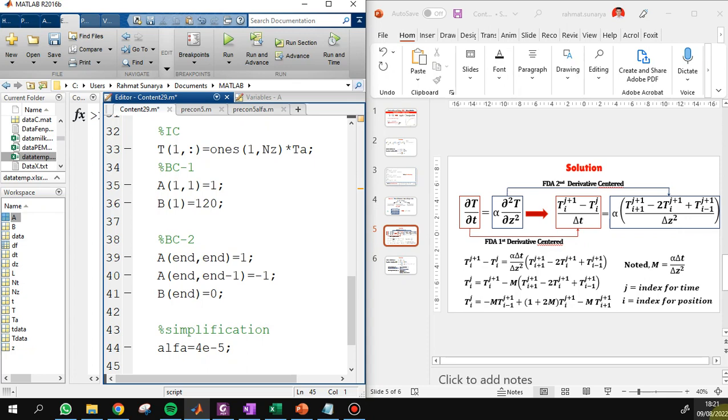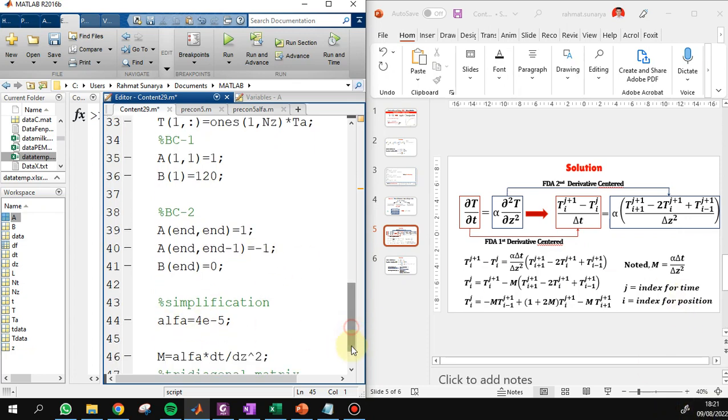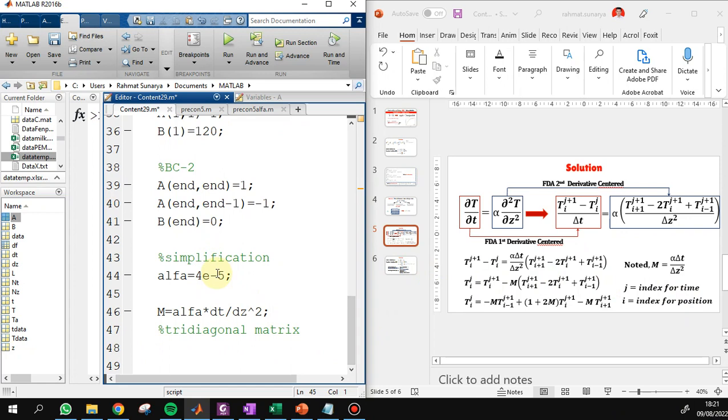In the next step, the value of alpha must be found with curve fitting. No problem.